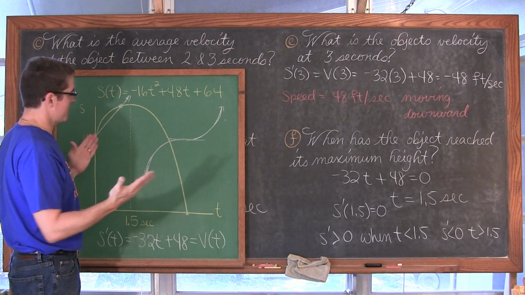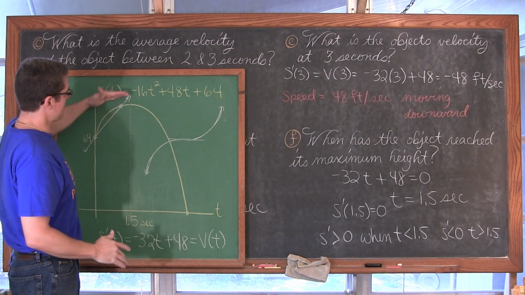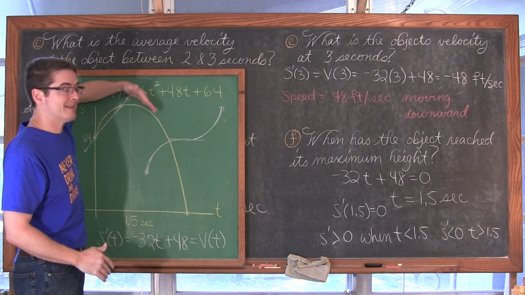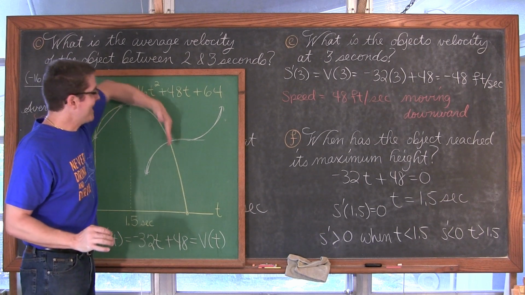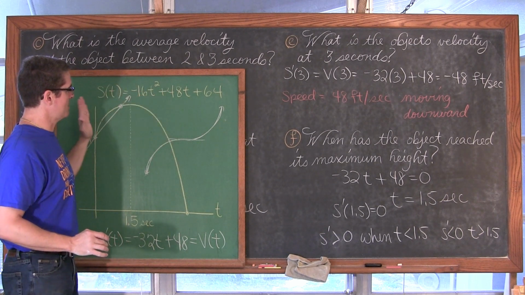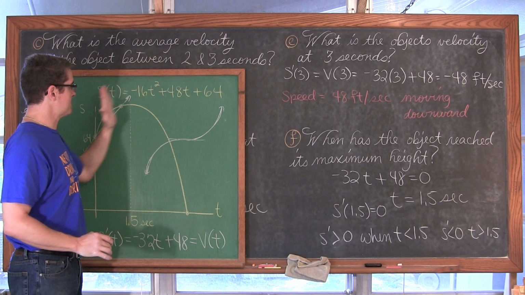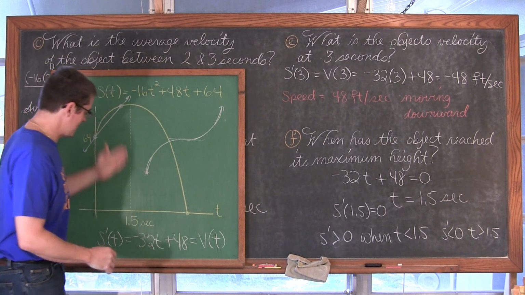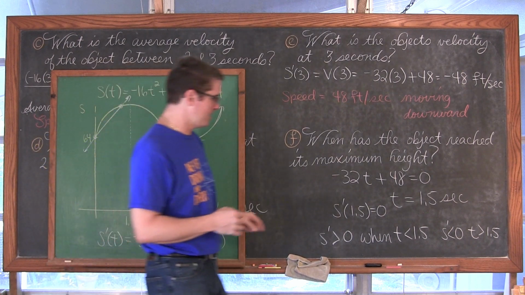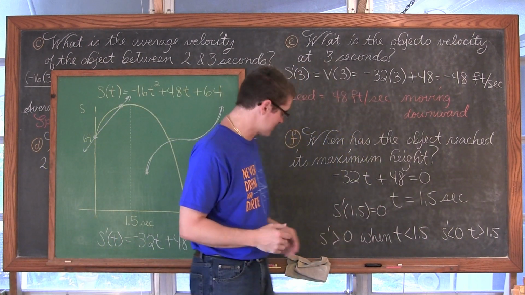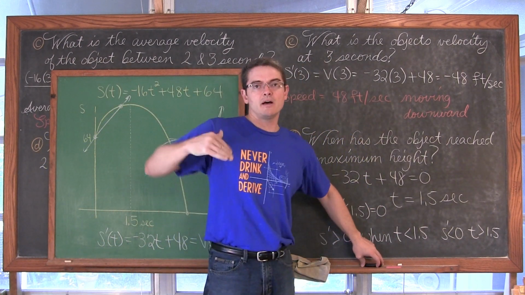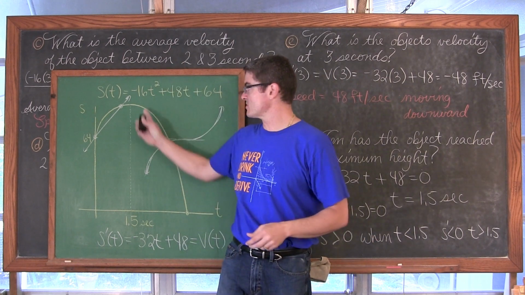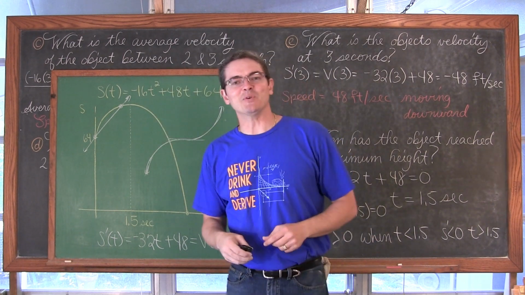So I could also say in terms of this problem, positive velocity, velocity of 0, and then importantly a negative velocity. That sign change of the first derivative going from positive to negative at that t-value of 1.5 shows that that is a relative maximum, or the highest this object will achieve before it starts to fall again. Next example.